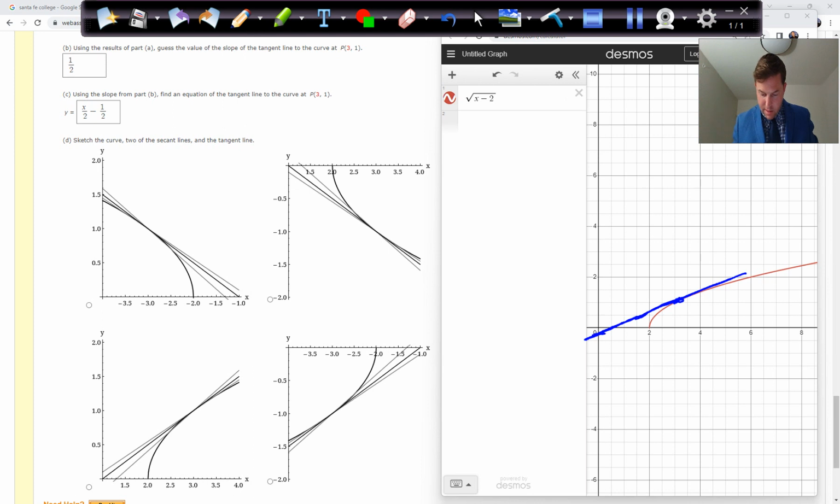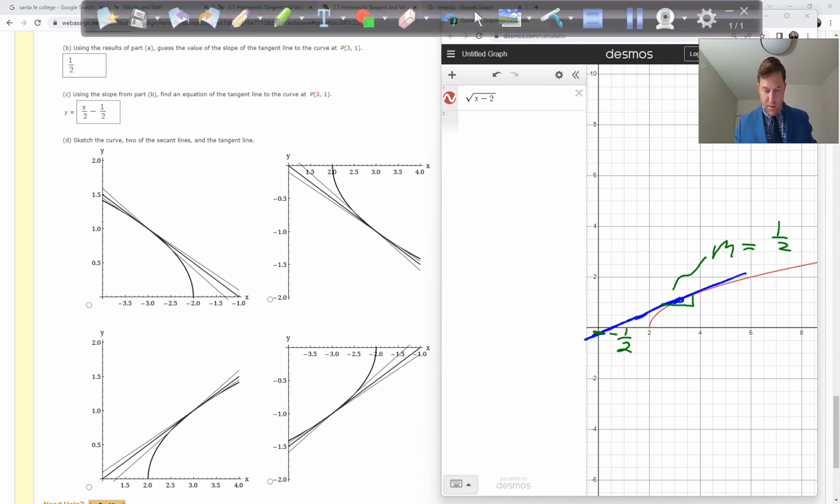So this point, I'm going to use color, this point would be minus 1/2. That's the y-intercept. And then this slope is positive 1/2. So as far as pictures go, the only one that really makes sense, that looks right, is this bottom left one. So let's go select that one,